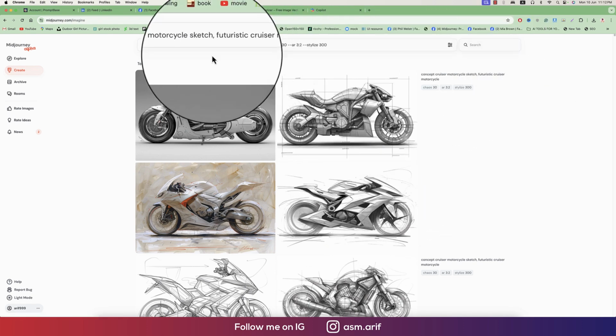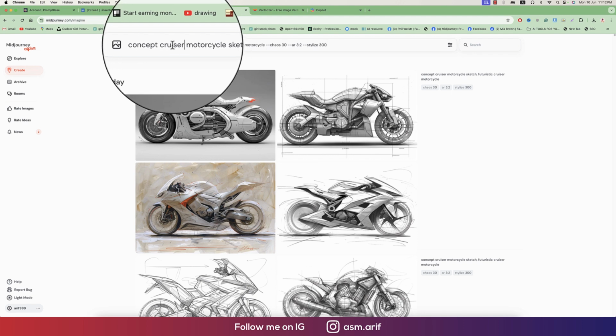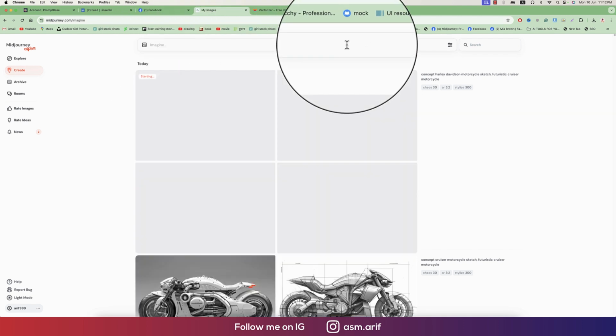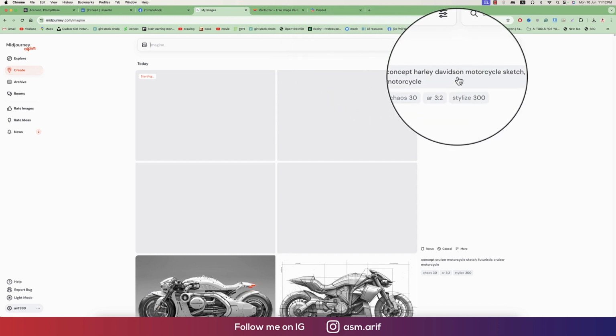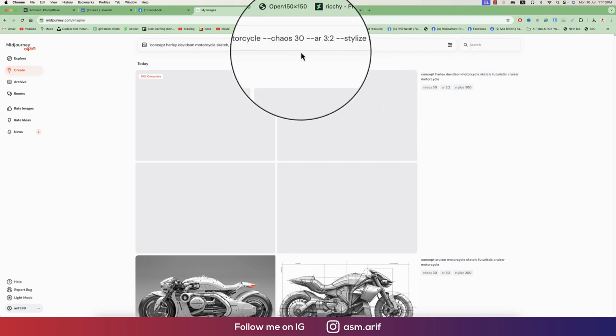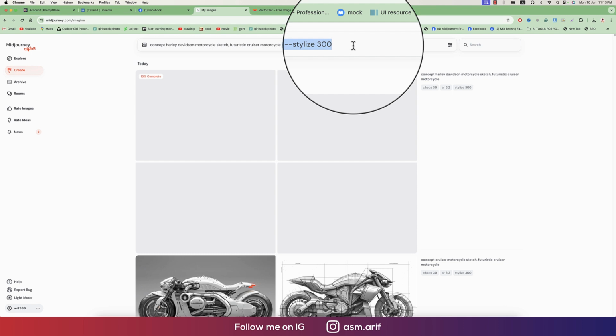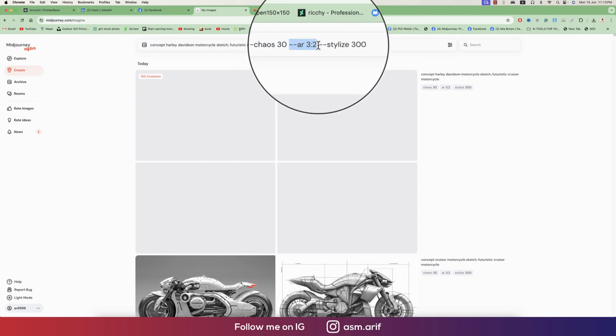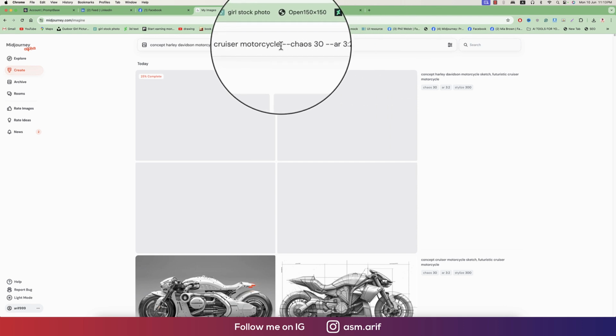So how to fix it? Concept motorcycle, or here I can provide Harley Davidson. I'll suggest the name should be like that. Okay, just provide the prompt and hit the enter button. And I already provided the chaos, which is 30, the aspect ratio 3:2, and the styles 300. For the simple prompt, you can emphasize it or make the prompt more